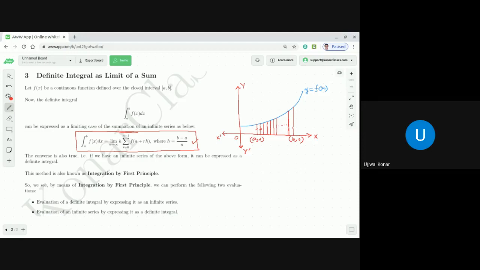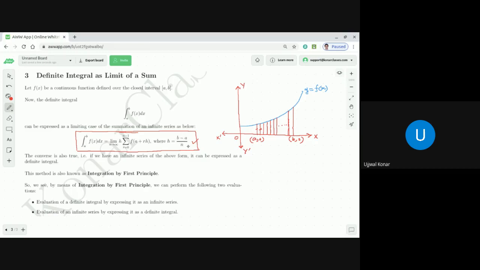And what is n? N is that such of division. So if that entire region can be divided into an almost infinite number of parallel lines, the distance between two parallel lines becomes very, very less. Correct or not? Yes. So from this relation, as you see, dear students, h is equal to b minus a by n.